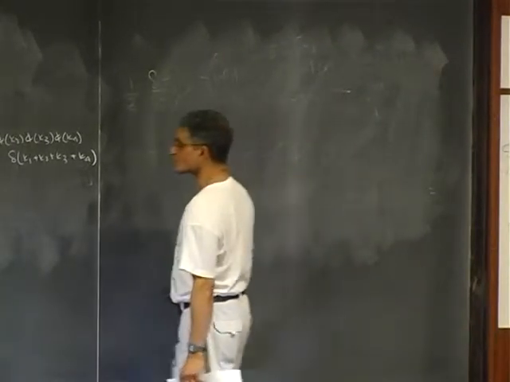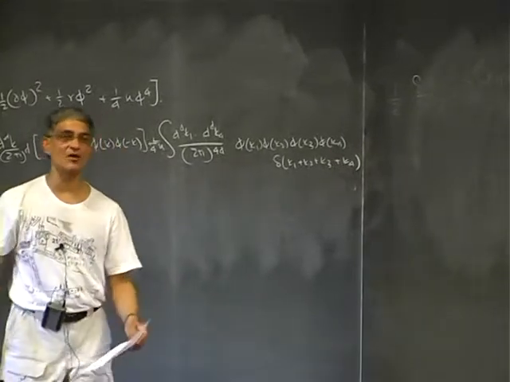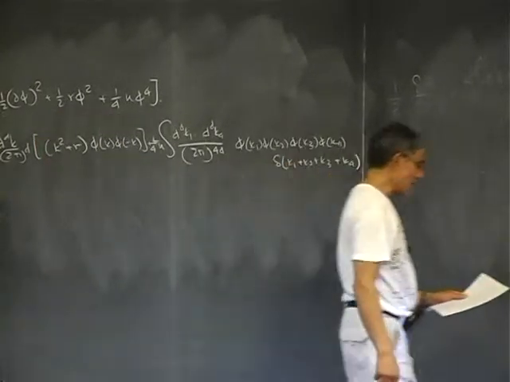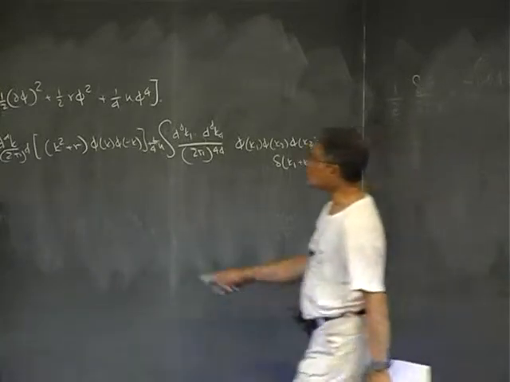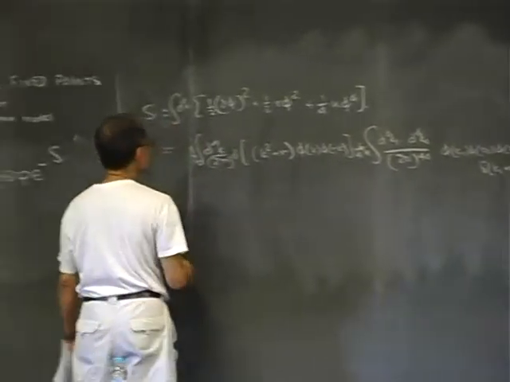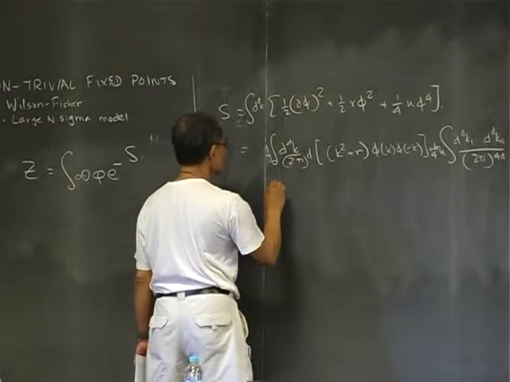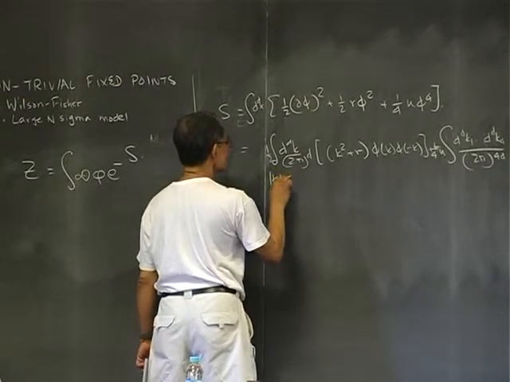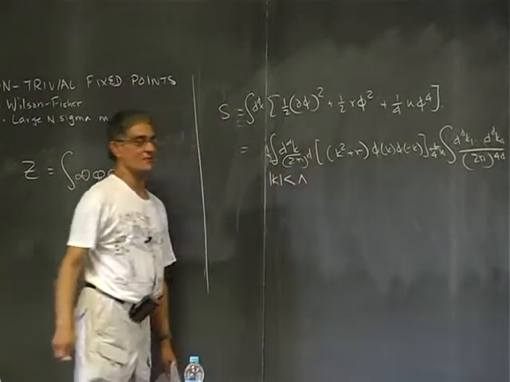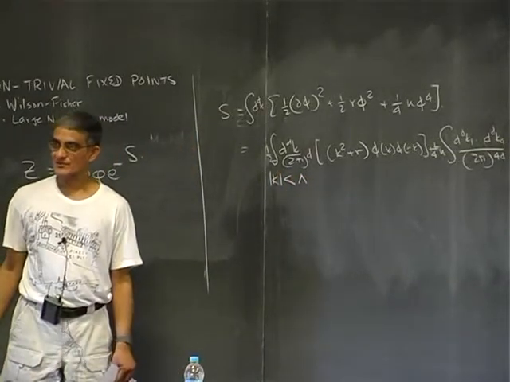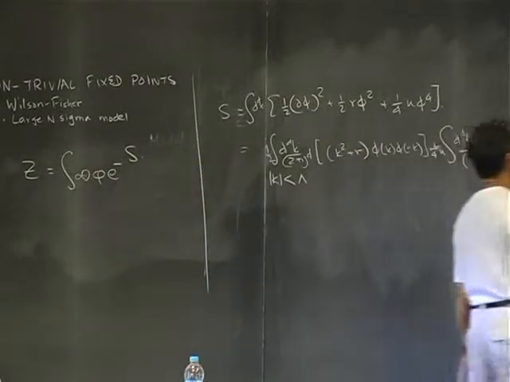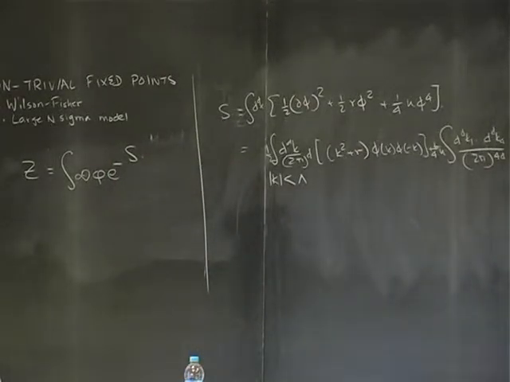So what was the first step of an RG transformation? Is that you separate out the field in terms of low momentum modes and high momentum modes, okay? And then you integrate out the high momentum modes. I have to provide the theory with a cutoff, so I'll use a momentum space cutoff. What I mean is that this thing has k less than some lambda. Okay? And what I'll do is I'll write the field phi of k